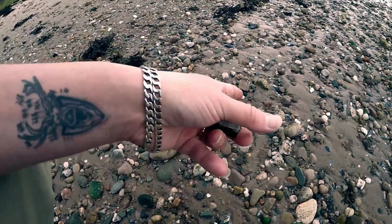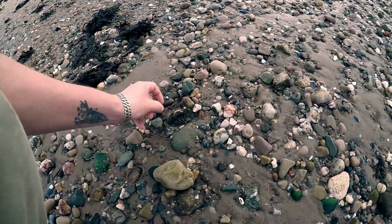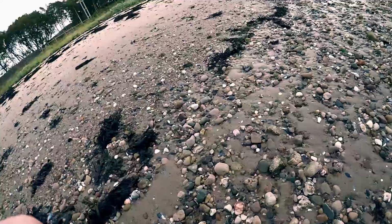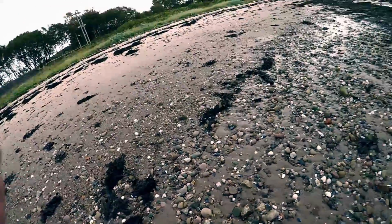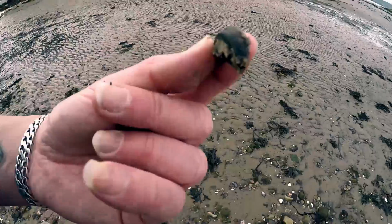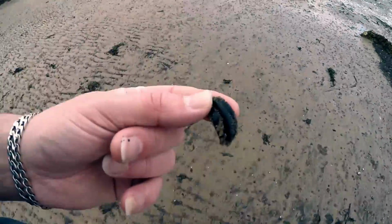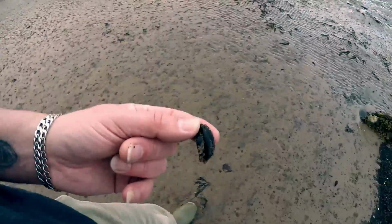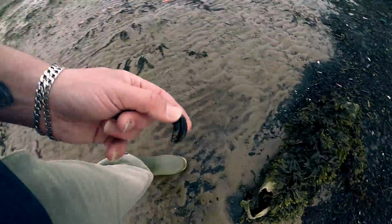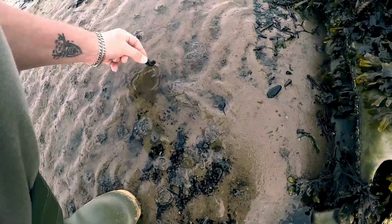I know there are some big pieces here, they need to sit a little bit longer in the sea. Oh! And that... Let's see if I can rinse this off. That is part of a really old bottle. Probably Georgian period, so 1700s. This one, maybe it was probably a neck off of a... Now, I found one of these before, a neck off of a...